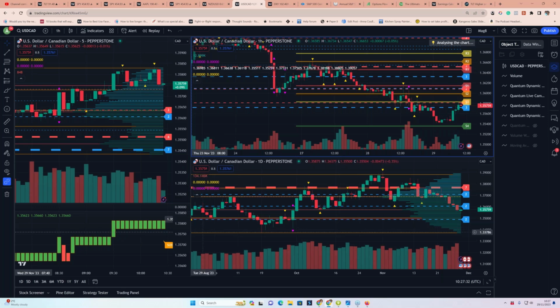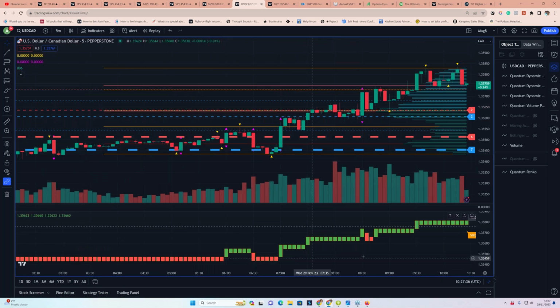If we go back to the 5-minute chart, I've got a slightly different setup for the 5-minute chart, and I've actually got the Renko, and I've got what we call the time accurate Renko that we've developed for TradingView. It's only available on TradingView. This is the view of the price action that we've had from the 5-minute chart. This is that break higher that we saw at 7 o'clock this morning. It's on volatility, nice volume. Then we go into consolidation because it's volatility.